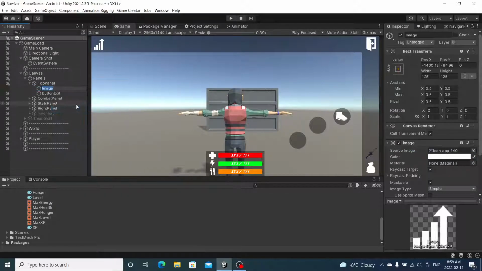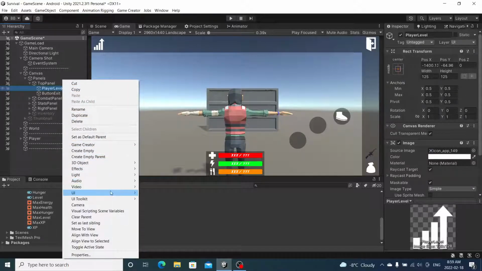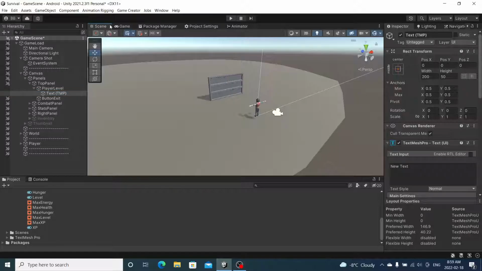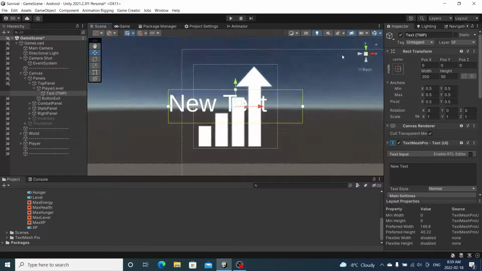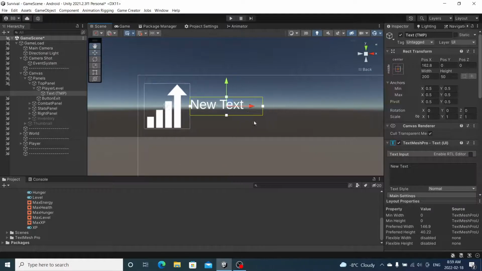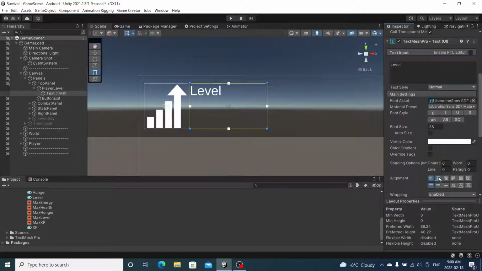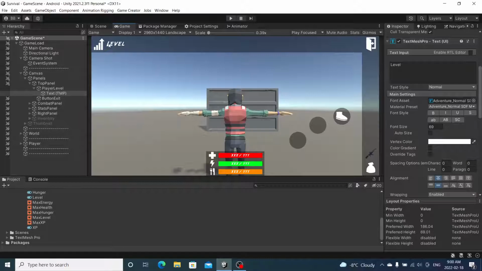Alright, so we'll use that. I'm going to rename this to player level, and under player level I'm going to create a TextMeshPro. We're going to go into scene view, find it, and make it the same height as the picture. Do I want to write level here as well, or go straight to the number? We're going to check how this looks in a second. Switch to my fonts, level, and then